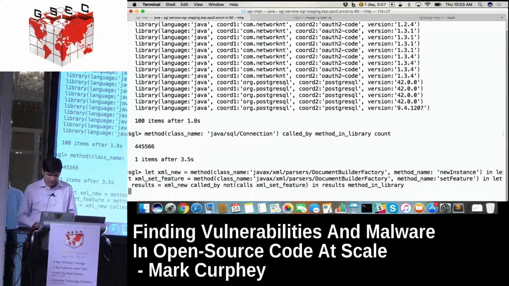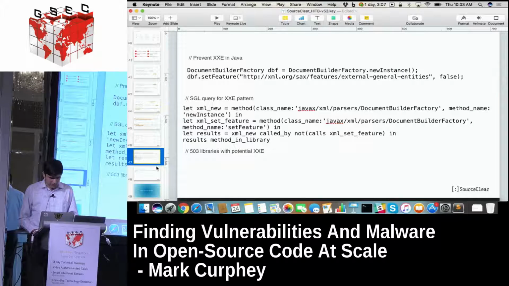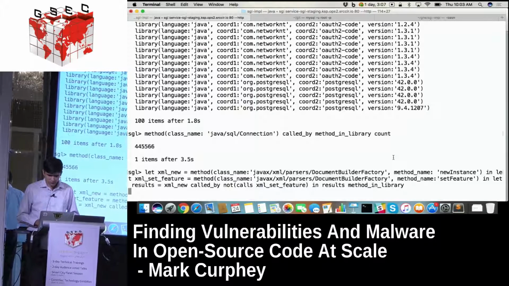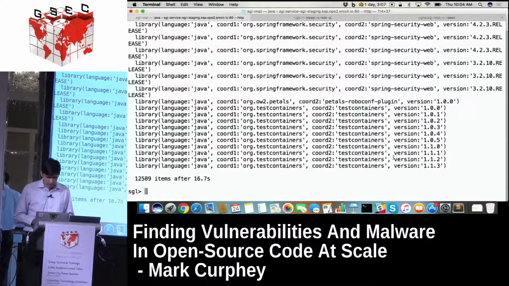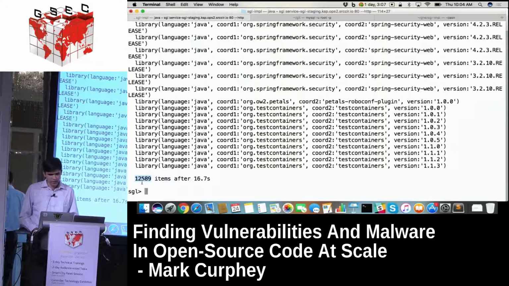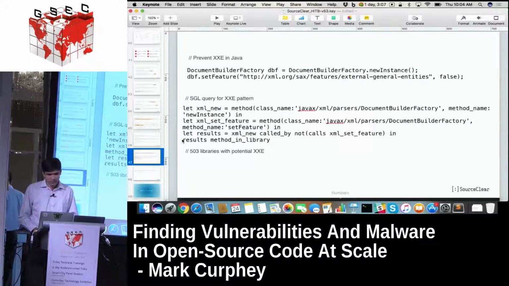So here it is. It'll take a few seconds. So we checked online last night, there were 43 CVEs about open source libraries that exhibit that behavior that have been reported. So this is actually library instances. So you see 12,589 instances. Because it includes all versions, we looked at the unique libraries in this list, and I think there were around 503 potential libraries which match this particular pattern.